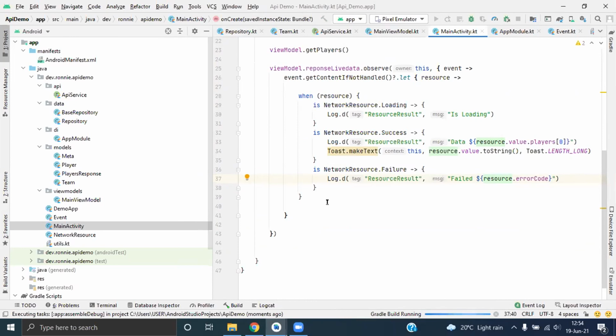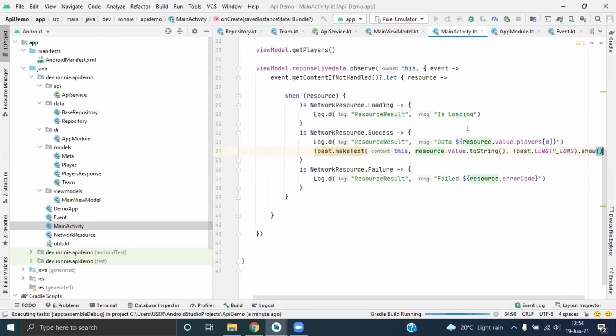Maybe just on this screen. Yeah. That toast, I think you haven't shown it. Oh, yeah. Just a moment. And I think it's a bad idea to toast like 100 players. It's not something which is great, but whatever. Does anybody have a question, clarification, or maybe something that we can improve in this simple app?